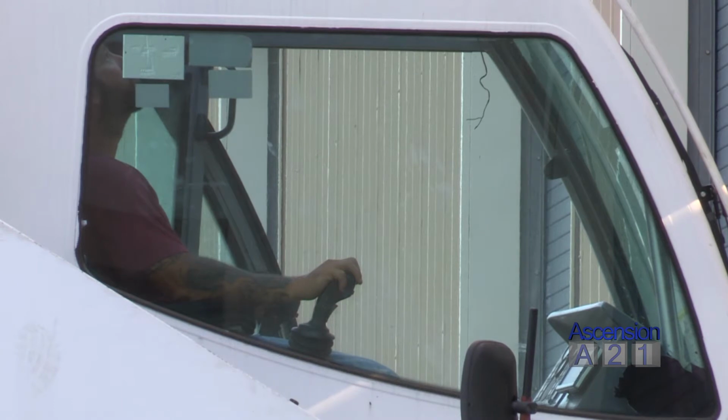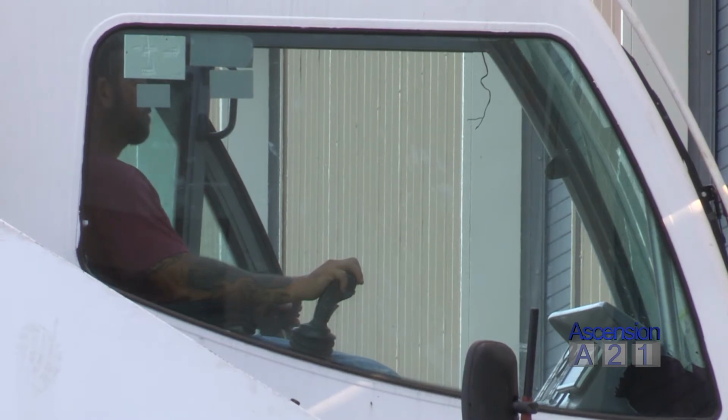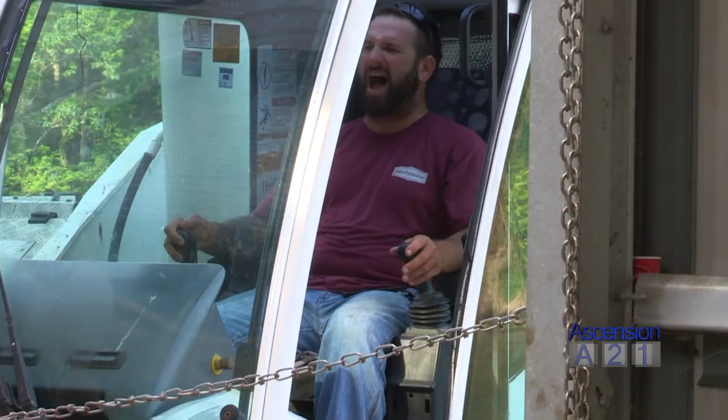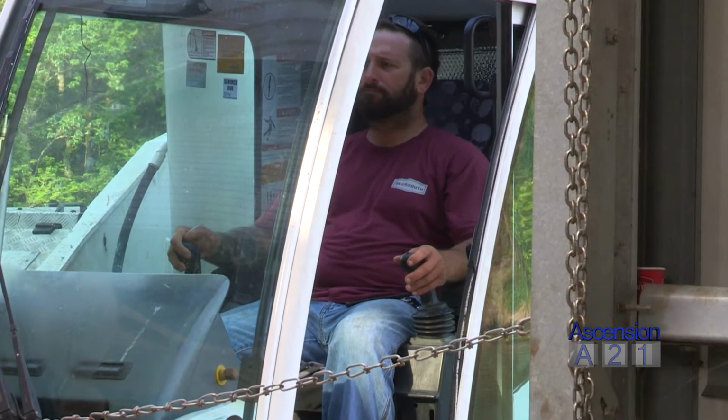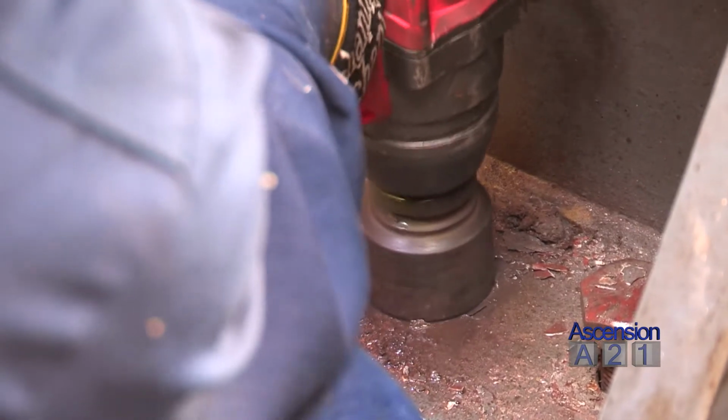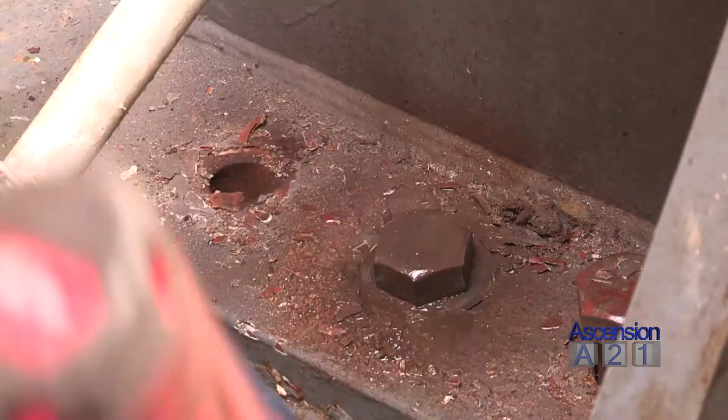We're out at Marvin Braud pumping station this morning, and we have a gearbox on number 5 engine that we're going to be pulling out of the station and shipping off to be inspected. We found some signs of wear and tear in the gears, so we have our contractors out on the maintenance